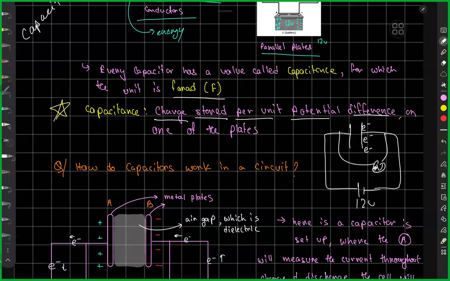Okay, so let's uniformize the definition and say if 1 volt is supplied to the capacitor to have a potential difference across it, how much charge can it separate? That is what the definition is telling you. How much charge can the capacitor separate? That is the value capacitance denotes. But on one plate. Why on one plate? Because look,